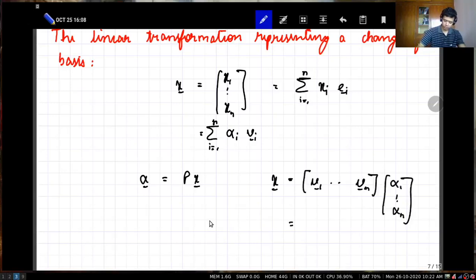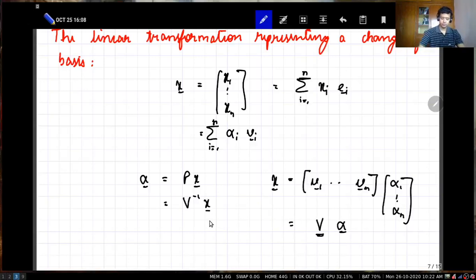So this is V times alpha, where the ith column of the matrix V is the ith basis vector vi, right? And P is simply equal to V inverse. So this is V inverse times x,